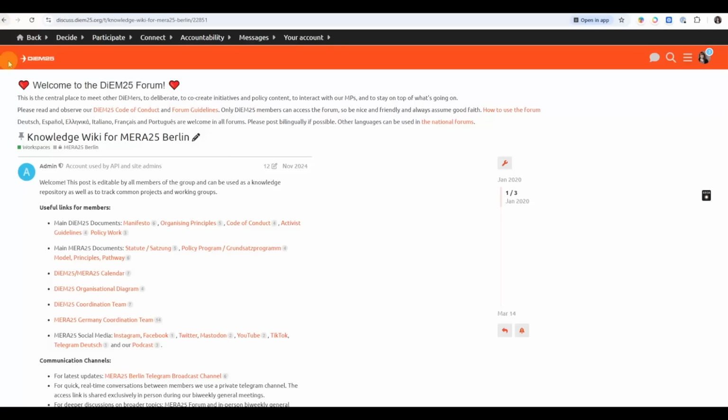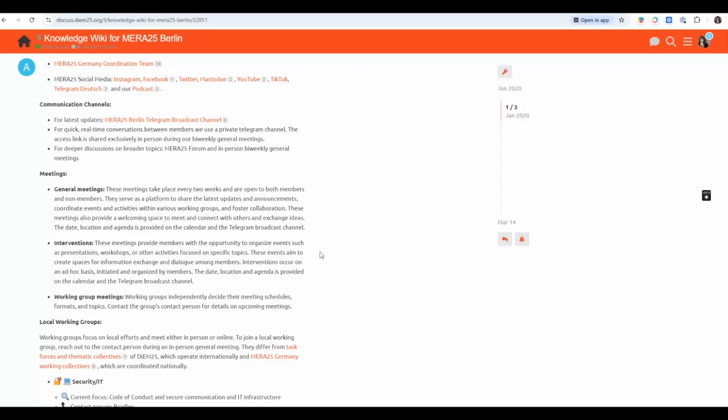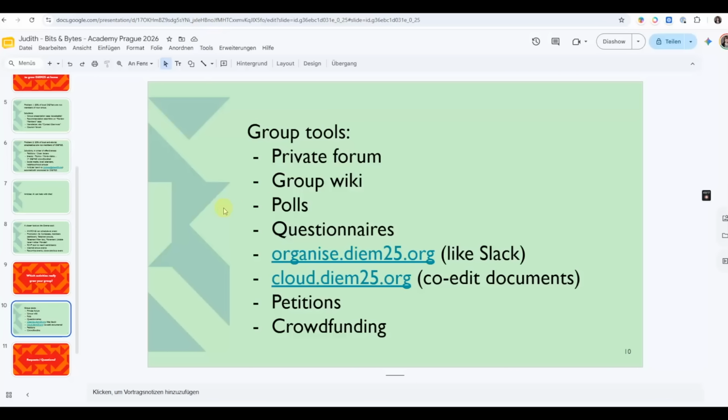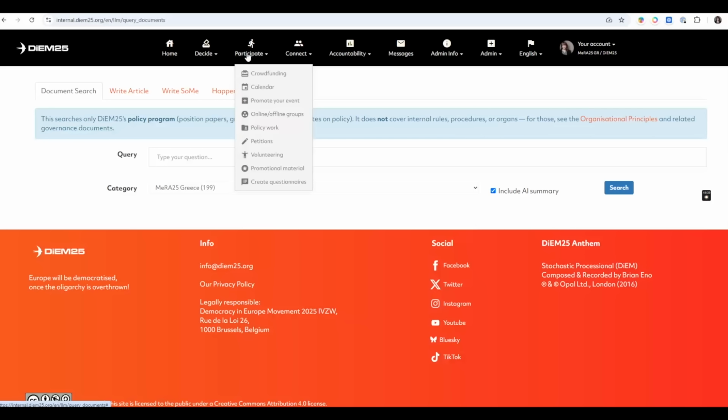All of you have a pinned post at the top which says knowledge wiki, where all the group members can edit this and keep the information up to date about what is happening. We have the ability to do polls also within the forum. You can set up a poll. For the questionnaires, we have a different tool, which is part of Connect here, create questionnaires.